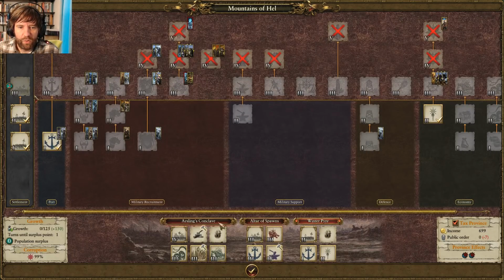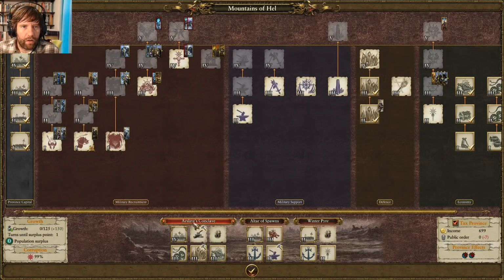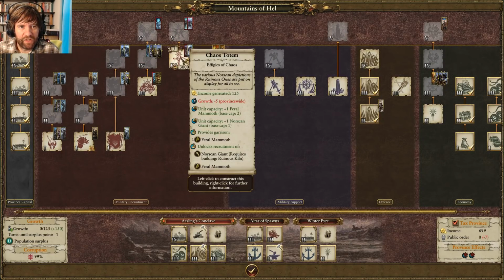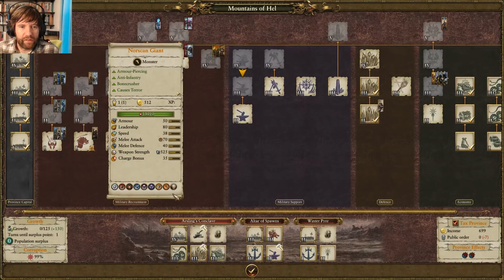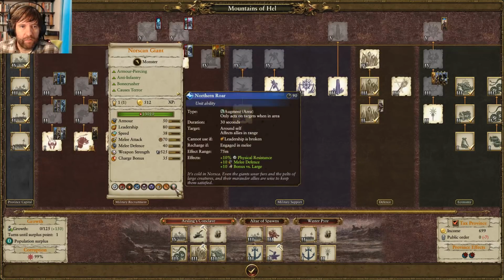Okay, so nothing special at Winterpire, Altar of Spawn. This place is tier 4. They must have just got that. We could get some giants. Or at least a giant. Kind of expensive, but...